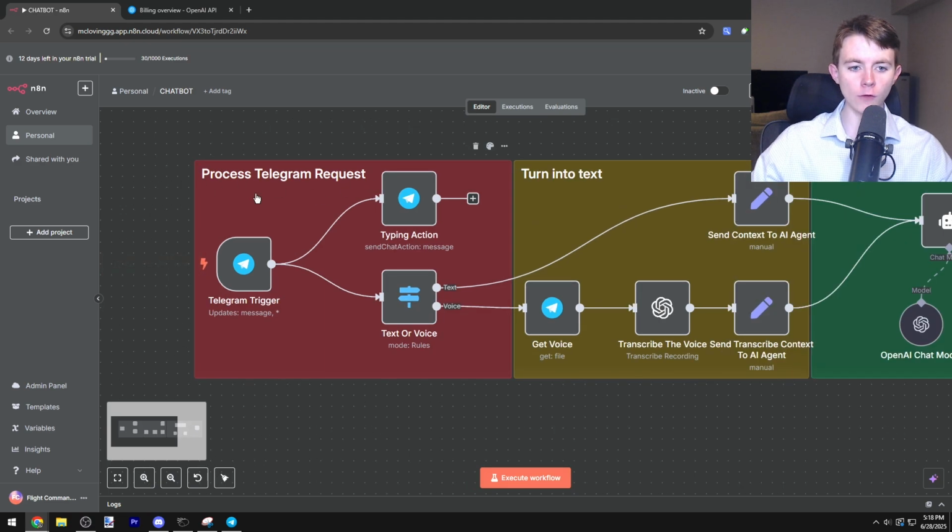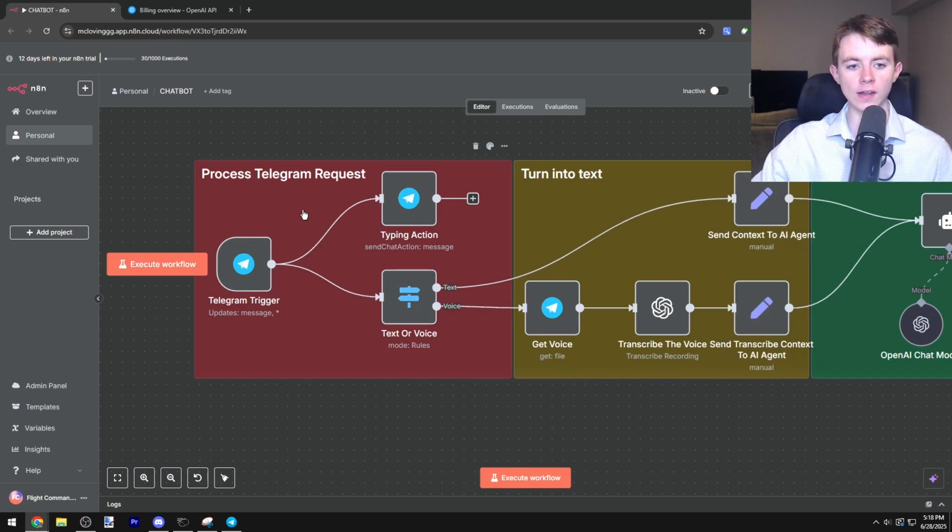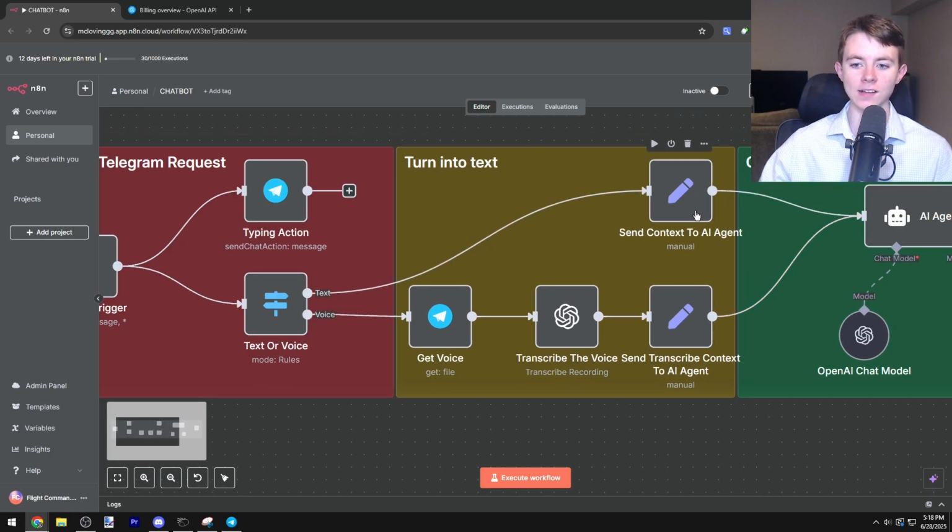All right, to start off, we go over here to the first section. And in this section right here, we have it processing the Telegram request. So basically, whenever we send a message or a voice note to Telegram, it's going to analyze this right here. And after it's analyzed, it's going to turn our voice note or text into text. And then it's going to send the context to the AI agent. And if we send a voice note, it's going to transcribe the voice note and then send it to the